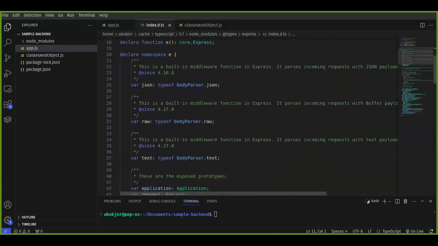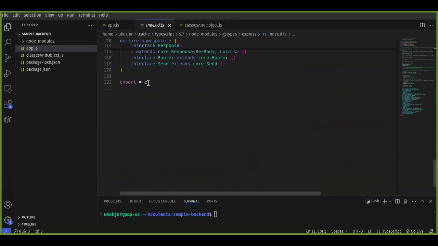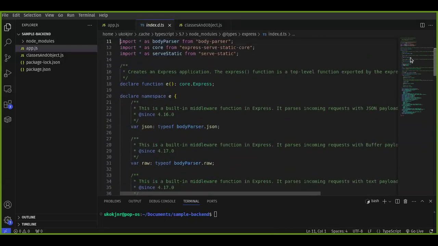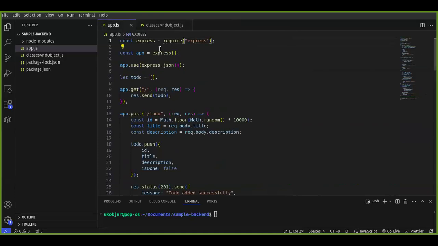Okay, you can see what is being exported. So E is being exported, and what was E? E is this function, this big function here that you're seeing. And this E that is being exported is what we are calling here as this express function, which is it here. Okay, so when we call express, the next thing we are doing is we now